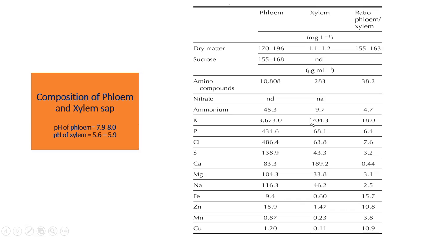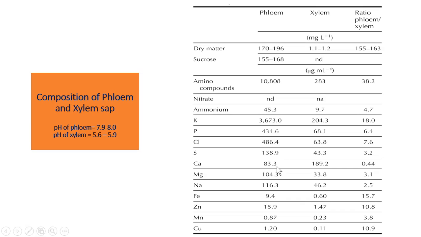Then we have ammonia. Again, you can see there is a very big difference. And the highest difference, perhaps, you can see in inorganic ions, that is potassium. So basically, the concentration of these ions in the phloem also determines the mobility, how mobile that element is. So you can see a huge difference in the concentration of potassium in the phloem and in the xylem. Then phosphorus, you can also observe the difference, chloride,